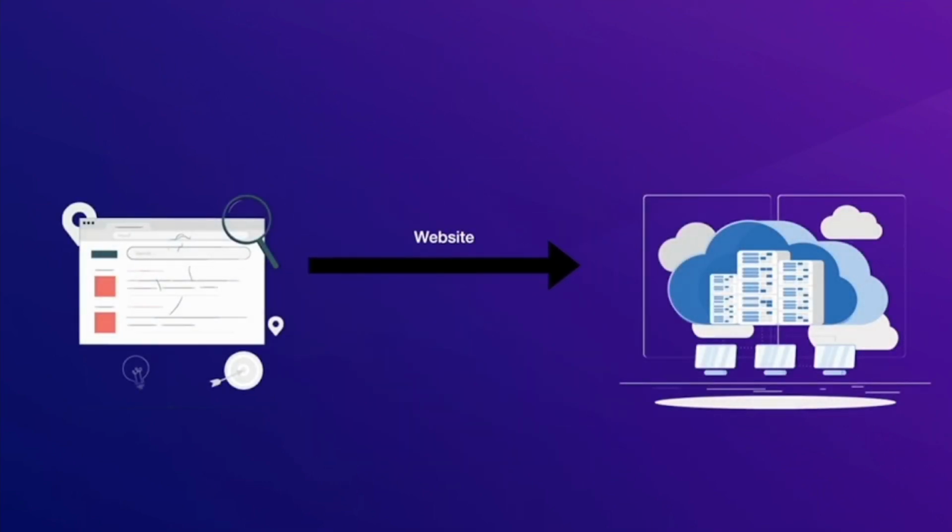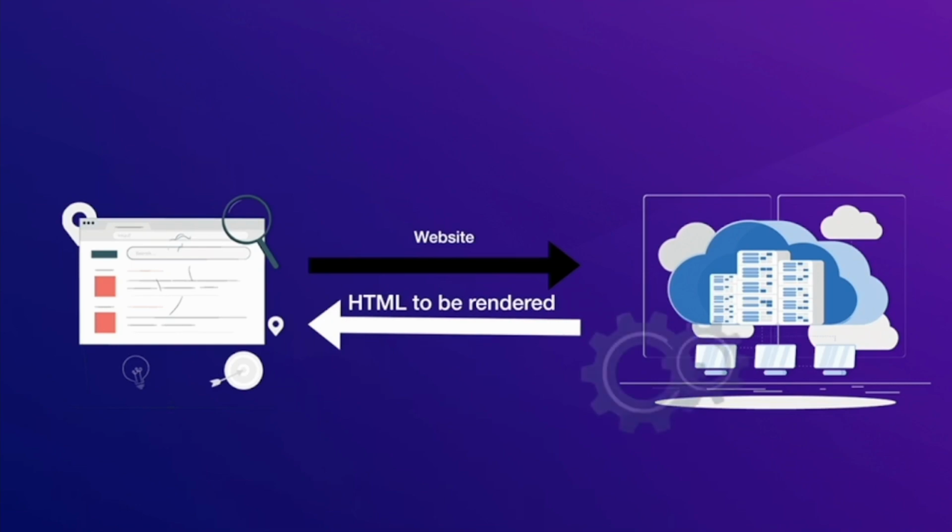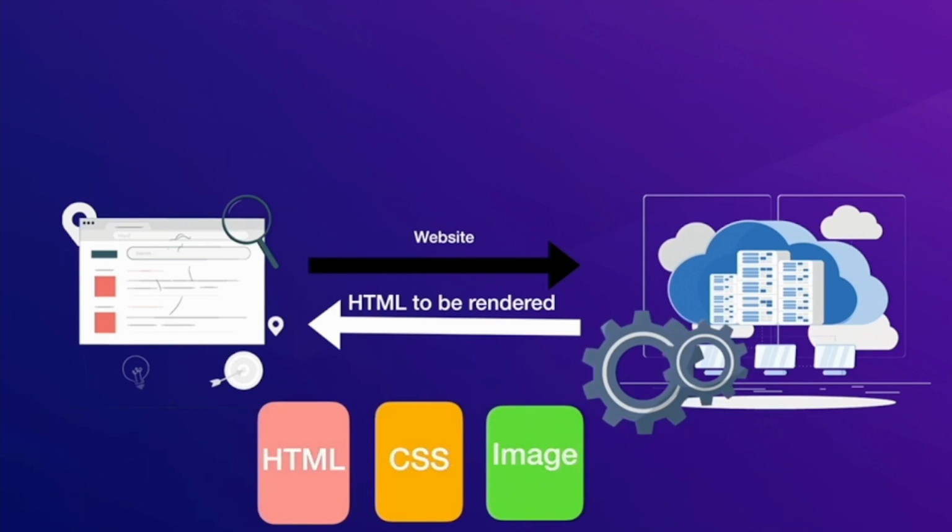So in the case of server-side rendered websites, the client requests for the website and the server responds with the final processed HTML that is to be rendered on the screen. The heavy lifting is done on the side of the server, and therefore these are known as server-side rendered websites. The server performs all the data fetching, data binding and all the processing at its end, and returns to the client the processed HTML along with the CSS and images that are to be used on that page. And the client has only to render the HTML content that is provided by the server. So the heavy lifting has been done on the server side, and therefore the name server-side rendered websites.